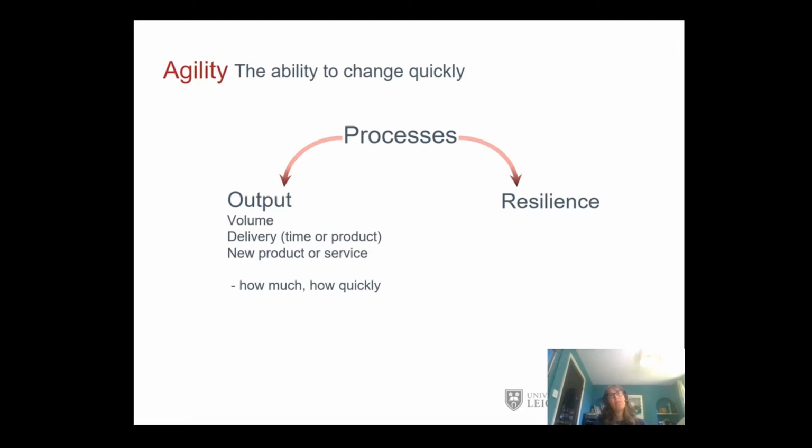So that's in terms of output, but there's another kind of agility as well, and that's really about resilience. So this is about unplanned failure, and this can be internal in terms of, say, a piece of equipment going wrong, or maybe staff shortages. Or it can be external, i.e. a supply chain failure. And this is, of course, something that we're very focused on at the moment. And it is about risk management and thinking about what is likely to happen and how much resource we are prepared to put into